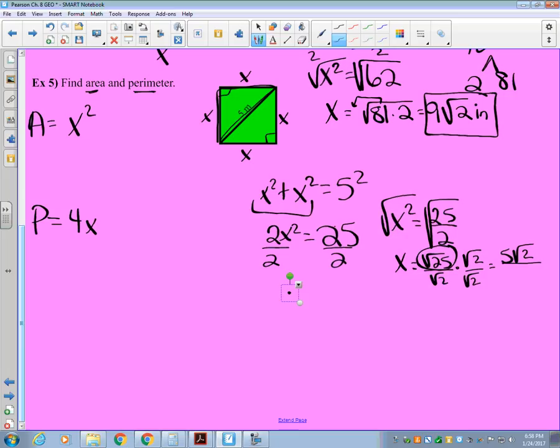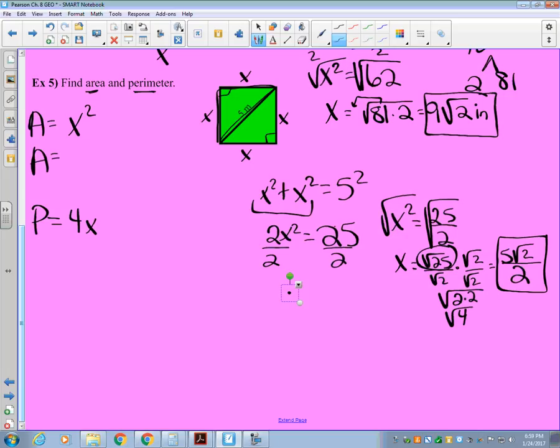And look what happens when we multiply a square root by itself. We get square root of 2 times 2. Oh, that's the square root of 4. Square root of 4 is 2. So we get, when we multiply square root of 2 times square root of 2, we get 2. This is true if we had square root of 5 times square root of 5, that would be equal to 5. If we had square root of 8 times square root of 8, it would still be equal to 8. All right, so now that we know what x is equal to, we're going to take it back here,